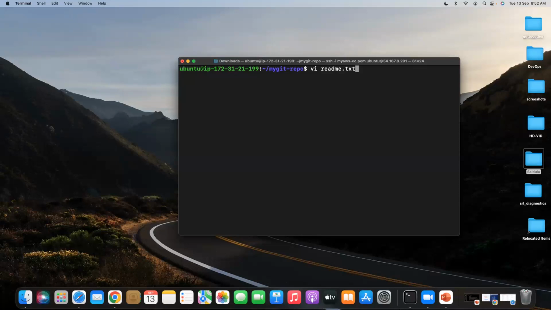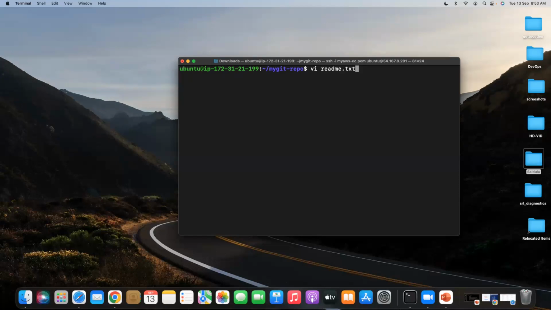Maybe depending on the compiler, if it is a Java program, it will look for the Java extension. If it is Python, it will look for .py. But from the Linux shell perspective, everything is in plain text format. Either you give .txt or something else, it doesn't matter. But VI is an editor using which we can open a file, write some content, and save it